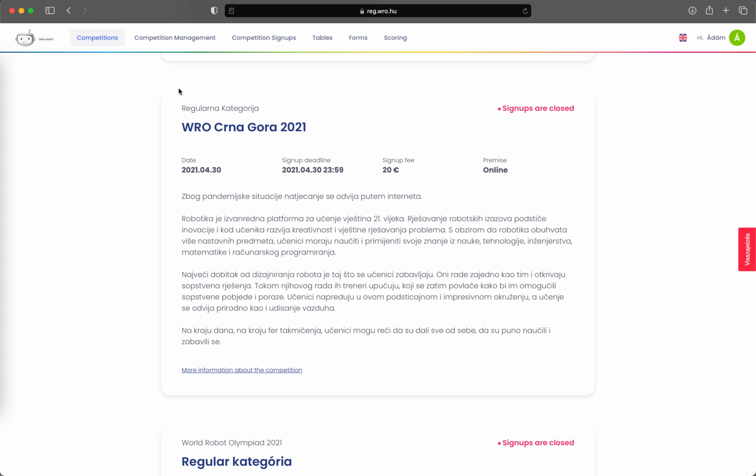Probably you do not see as many options as I do because I can access more functions as a head judge, but let's go over them. I will show you parts that you do not see as well so that you have an overall idea how it works, and also it is possible you become a head judge in your country, so it can be useful in the long run. First, let's click on the tables,